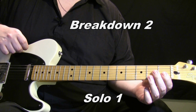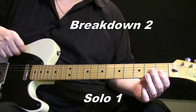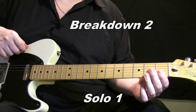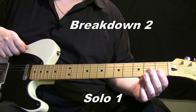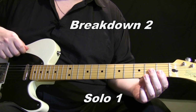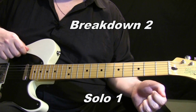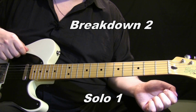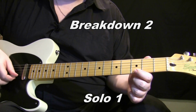Alright, let me show you some solo ideas here. This is sort of how I would play this if I had to take a guitar solo in the song. Now the song was never done as an instrumental, as you all know, there was lyrics to the song. But this is how I would solo in the song, or maybe do little fills while the singer was singing. You know, this is as easy as it can be,